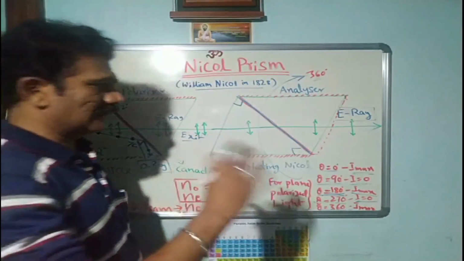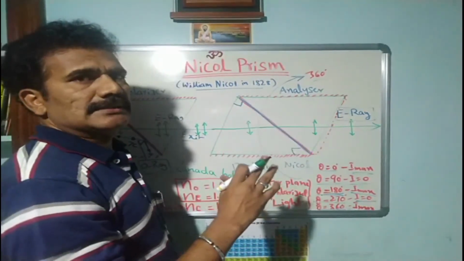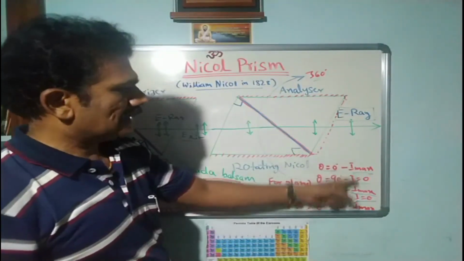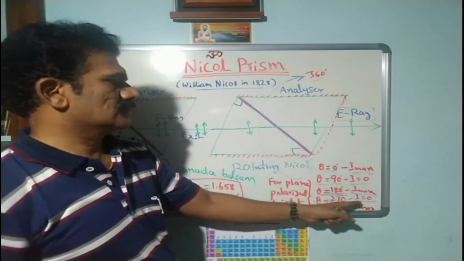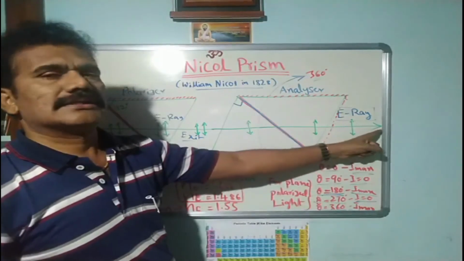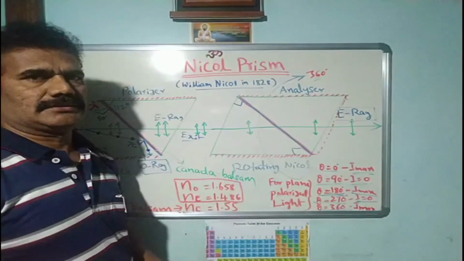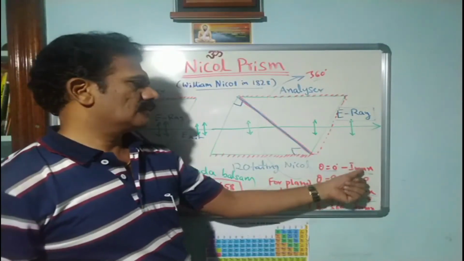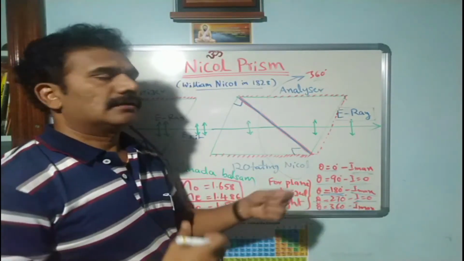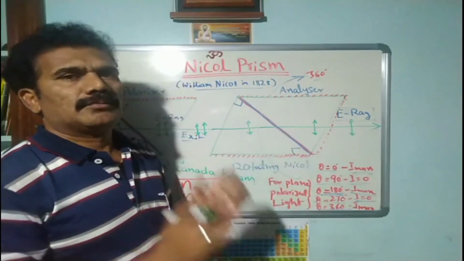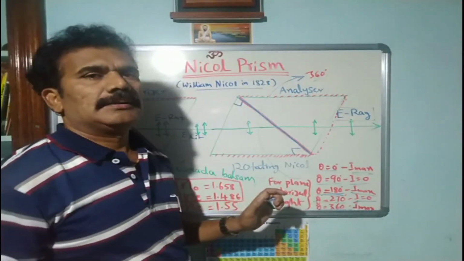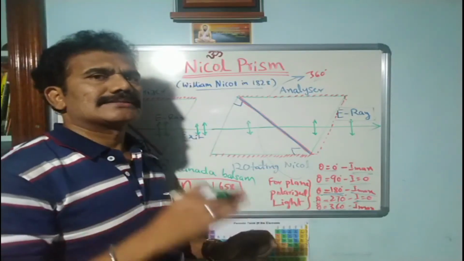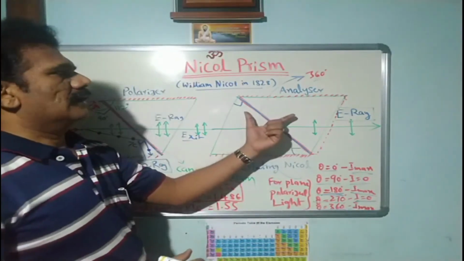Like this you can analyze the final emergent ray, whether it is highly intense, minimum intense, or 0 intense. If you get exactly this, maximum to 0, 0 to maximum, maximum to 0 again, then this particular emergent ray is said to be perfectly plane polarized light. Suppose it varies between maximum and only minimum, not 0, maximum to minimum, minimum to maximum, then the final emergent ray is said to be partially polarized light. Not perfectly plane polarized, it is only partially plane polarized light. In that way we can analyze polarized light using the Nicol prism as an analyzer also.